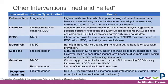So that's one example. In terms of other examples, selenium in terms of prostate cancer has no benefit. Vitamin E or tocopherol for prostate cancer, again, the SELECT trial that looked at various prevention methods showed a 17% increase in prostate cancer in the vitamin E alone group, but not in combination with selenium for some reason. So again, while that's not statistically significant, there is a trend, and we have to really weigh what information is out there. And the statement, well, it's not going to hurt, it's a natural product, it's a supplement, that's not true. And we really need to make sure to have that data to back up that statement